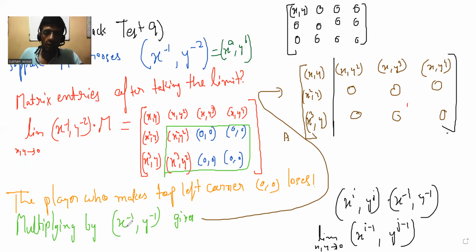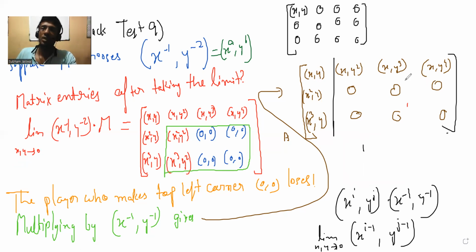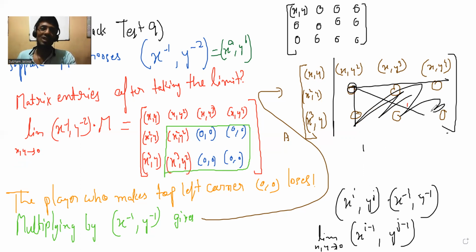And if this limit is 0 comma 0, then you change that entry in the matrix. So if you're doing x to the power minus 1 comma y to the power minus 1, and if i is more than 1 and j is more than 1, then you see these are becoming 0. In other cases, some other limit is coming, infinite or 1 comma 1, whatever, but those we are not changing. That is the key. So combinatorially, what is happening is that you're picking some position and making every entry in that row, that column, and everything below 0.